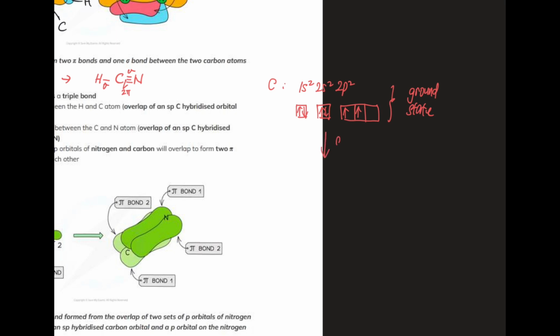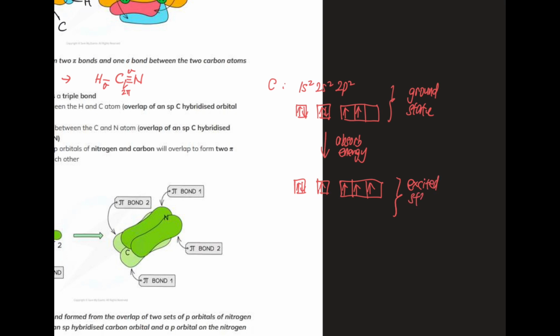Now it absorbs energy, and it becomes excited state in this way. 1, 2, 3, 4 here remain. The 1s2 remains. Only the valence shell can do the excited state. So you can see this electron absorbs energy and comes here. So this is called